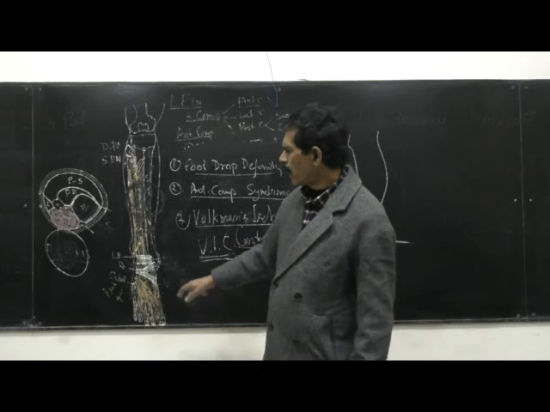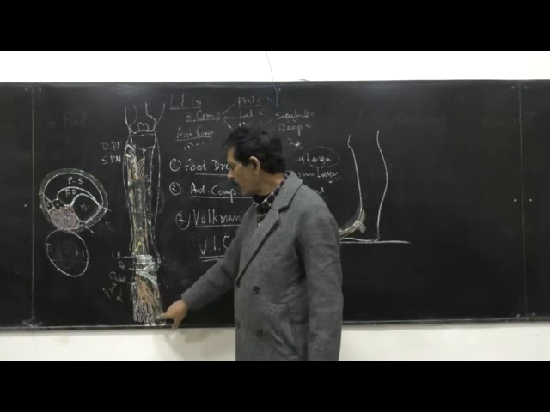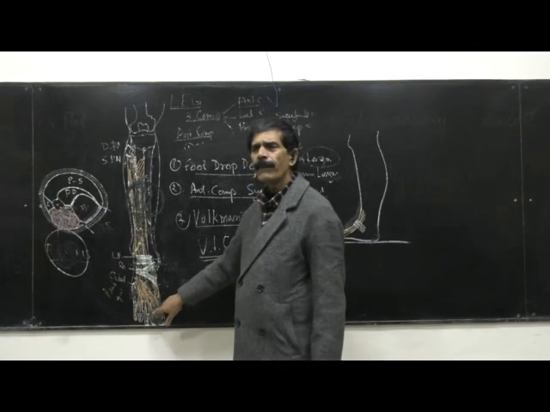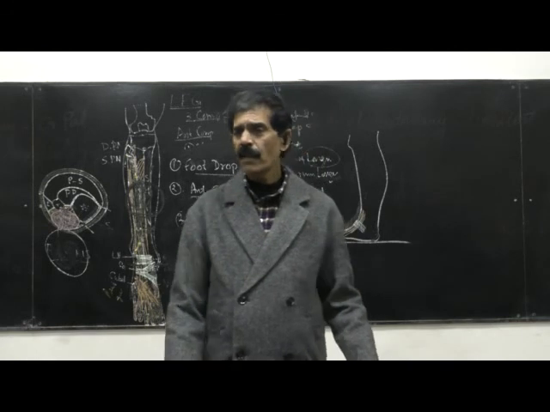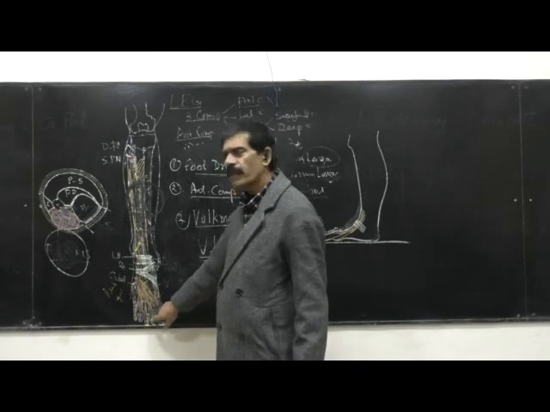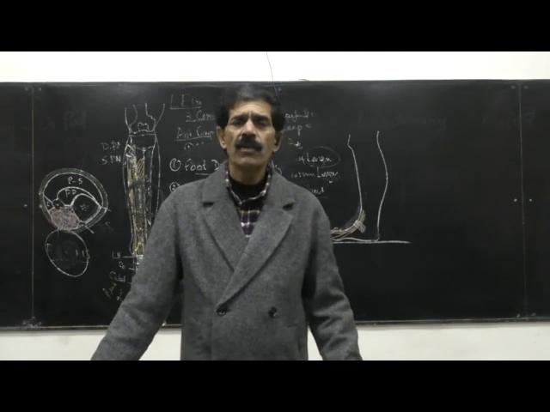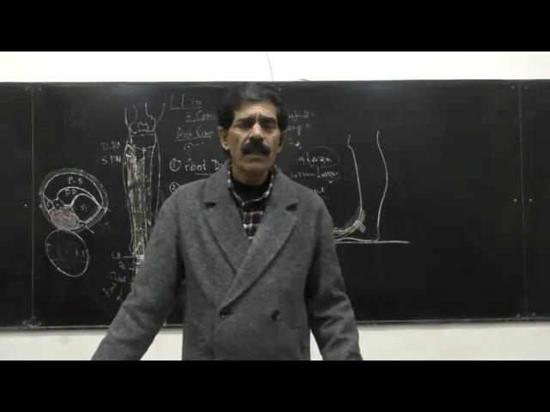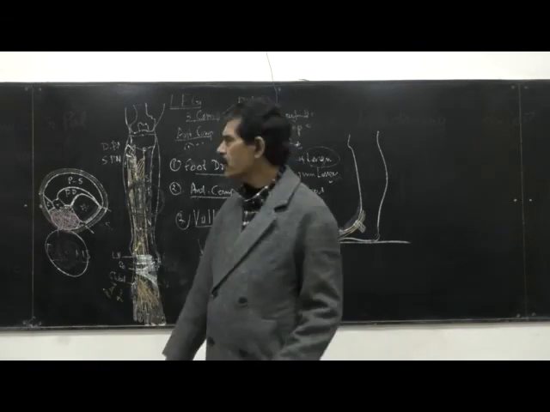Another problem of the nerve is that the muscles are paralyzed, plus there will be loss of sensation of the skin in the area supplied by the medial sensory branch of this deep peroneal nerve. So the patient comes with sensory loss in the cleft between the great toe and the first finger. When this loss is there, we know that it is because of deep peroneal nerve damage. So that is the clinical presentation of the patient with anterior compartment syndrome.